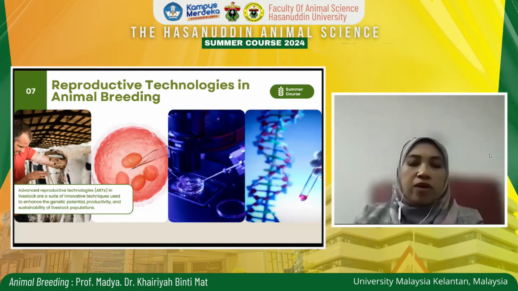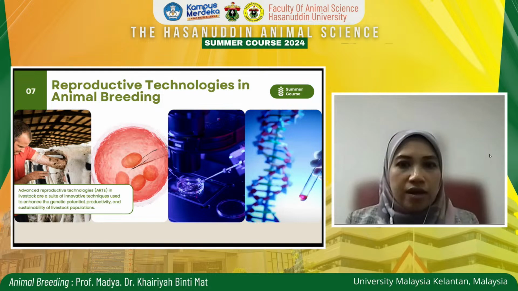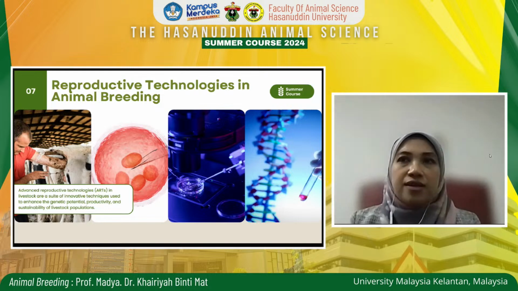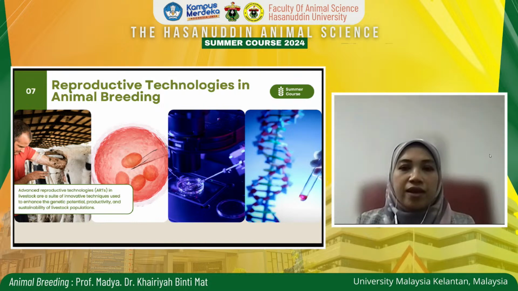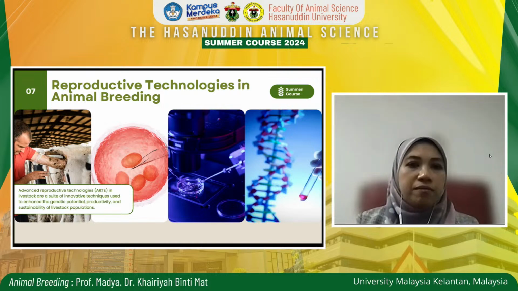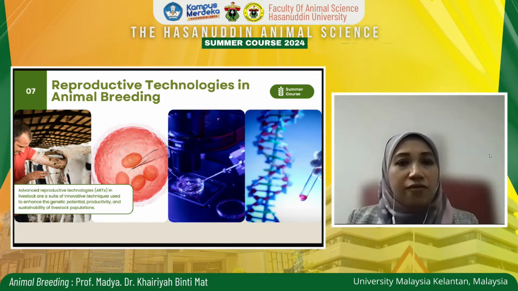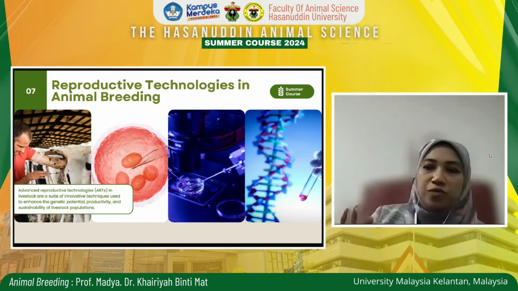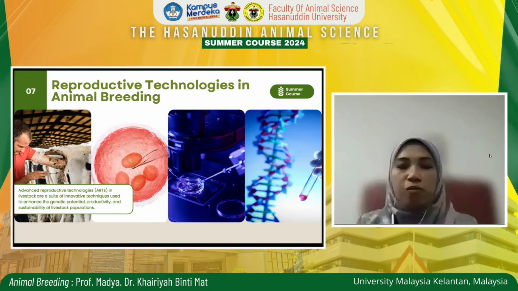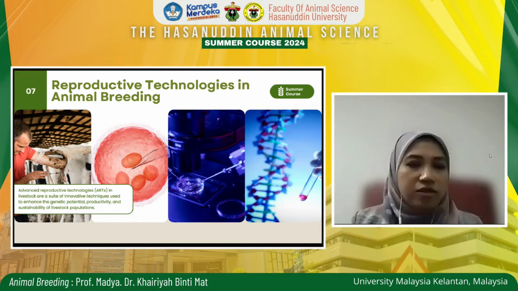Okay, when we talk about animal breeding and mating strategy, for example, if you want to conduct crossbreeding, how do we do it? Let's say I have Dorper sheep or Kedah Kelantan in my farm, and I want to cross to Limousin, for example. Do I have to import the whole animals, or are there other alternatives? Recently, of course, we have another alternative. The producer doesn't really have to worry about importing different kinds of breeds, or whether the animals will survive in our conditions,